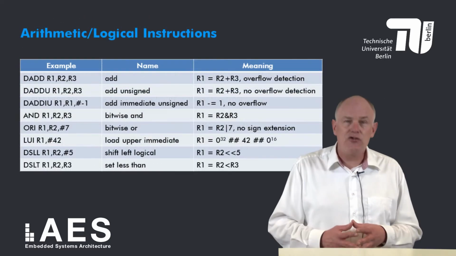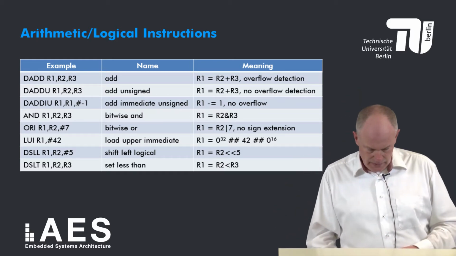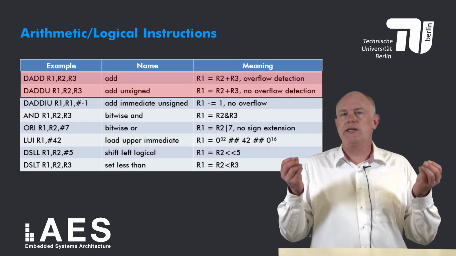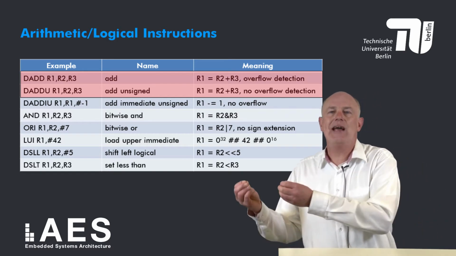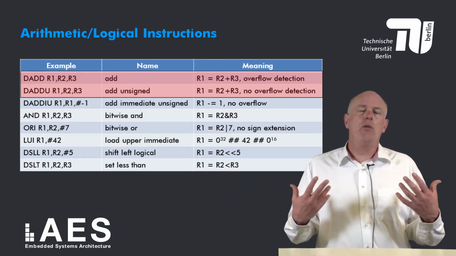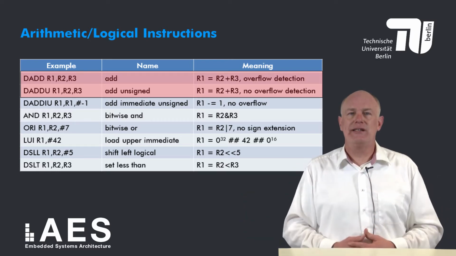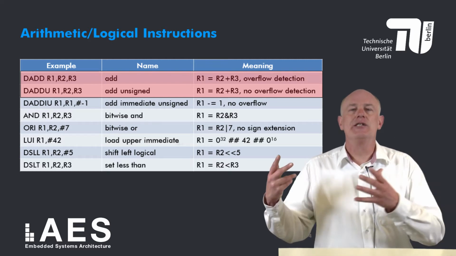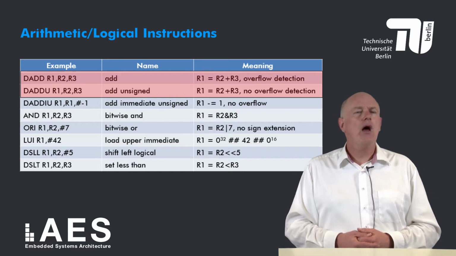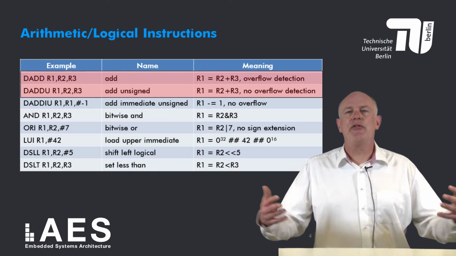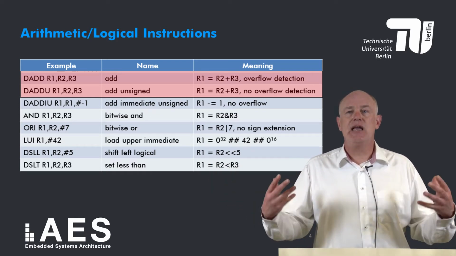The second class of instructions are the arithmetic and logical instructions. First, I want to discuss the difference between the double word add instruction and the double word add unsigned. The double word add, or DADD instruction, performs overflow detection, while the double word add unsigned, DADDU, performs no overflow detection. Overflow detection means that if the result is too large to be represented as, in this case, 64-bit 2's